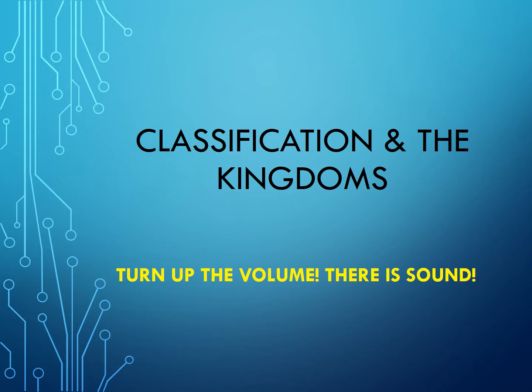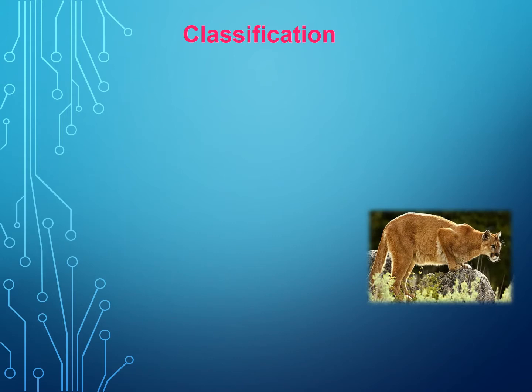So the unit that we are going to be doing is on classification and the different kingdoms that exist. So first I'm going to go over a little bit about classification. There was an Edpuzzle that I believe I posted on Google Classroom for everyone to watch. Hopefully it made sense. If not, I'm going to run through classification really super fast just to make sure that we kind of understand where we're going with all of the stuff we're going to talk about with the different